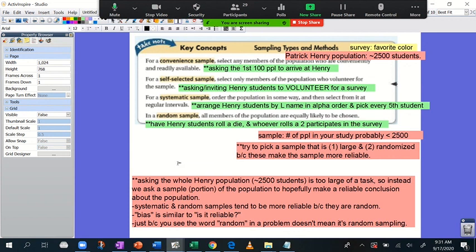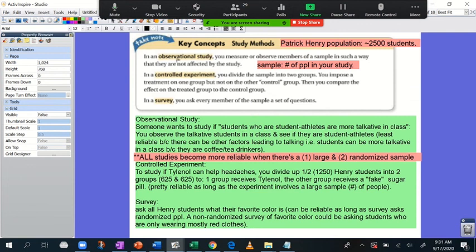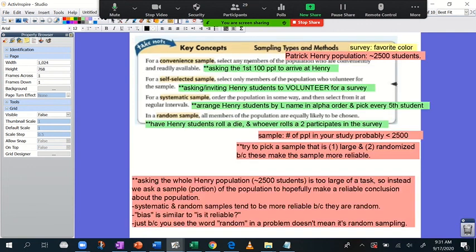So folks, I know I did a lot of talking. Hopefully this stuff makes sense to you. The first slide has to do with the different types of studies you can do. There are 3 types of studies. The second slide has to do with not doing a study on 2,500 students because that's too much, but doing it on a sample of 2,500 students, which is some number less than 2,500, because who has time to study 2,500 students? And there are 4 types of samples we can take, with the last 2, systematic and random sample, being the most reliable, and the first 2 being less reliable than systematic and random sample.